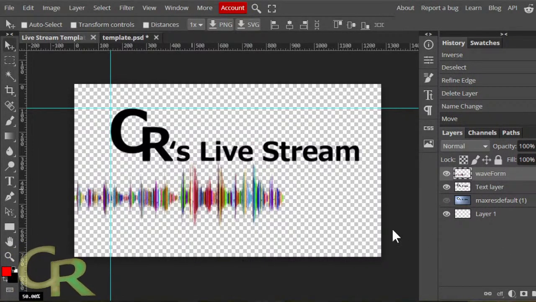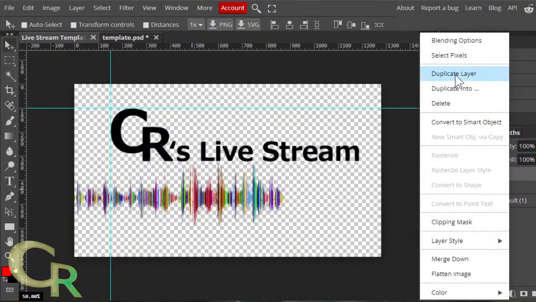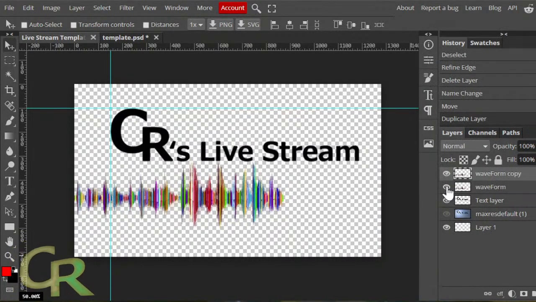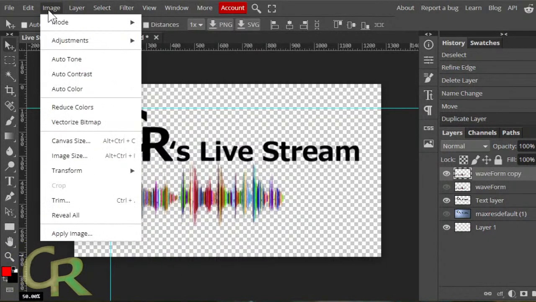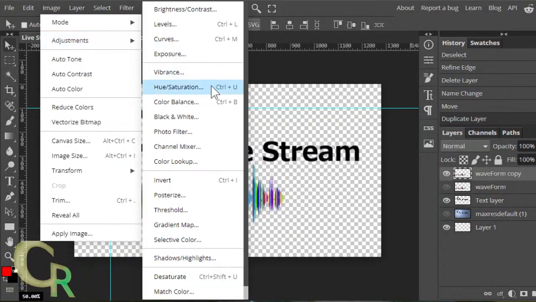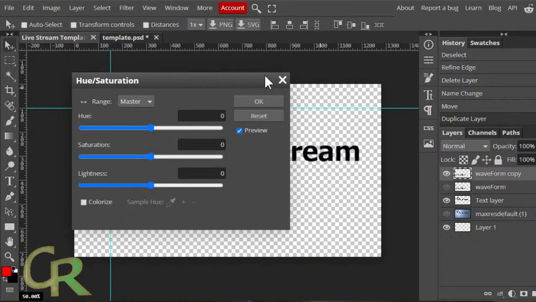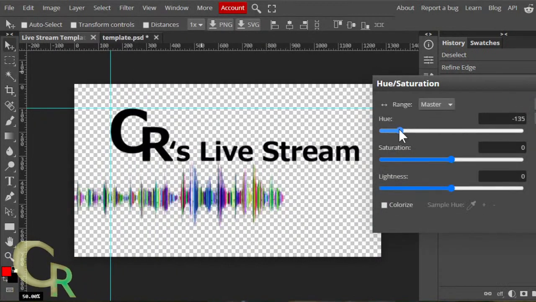Stretch out my legs a little here. Go back to this. Let's see here. I want to change the color though. I'll keep this original for now and make a duplicate, and work on the copy. It should be under Image, Adjustments, and Hue and Saturation. Change the hue of this.